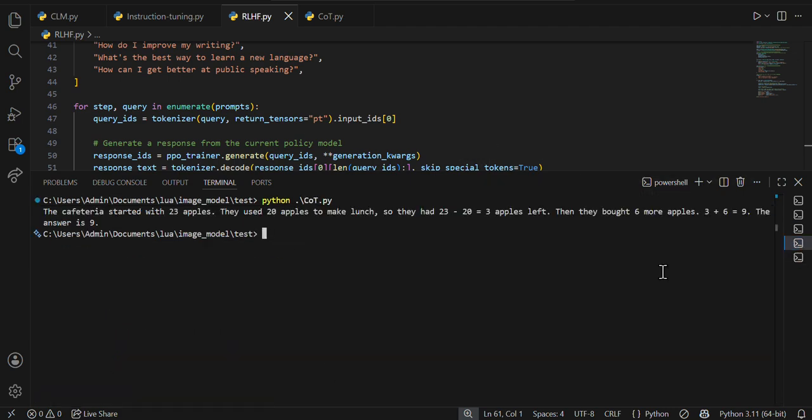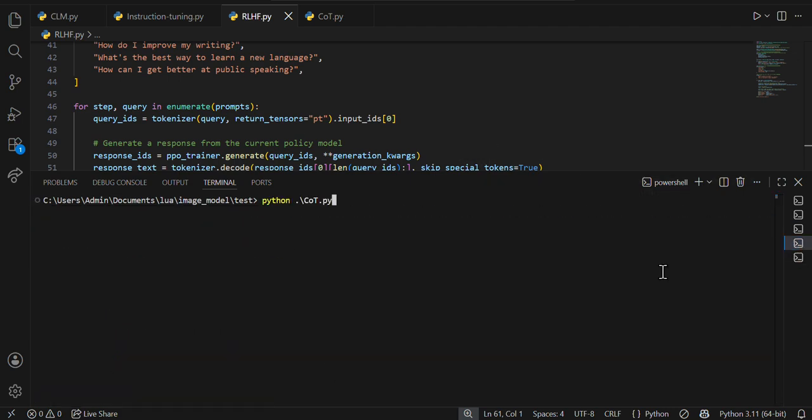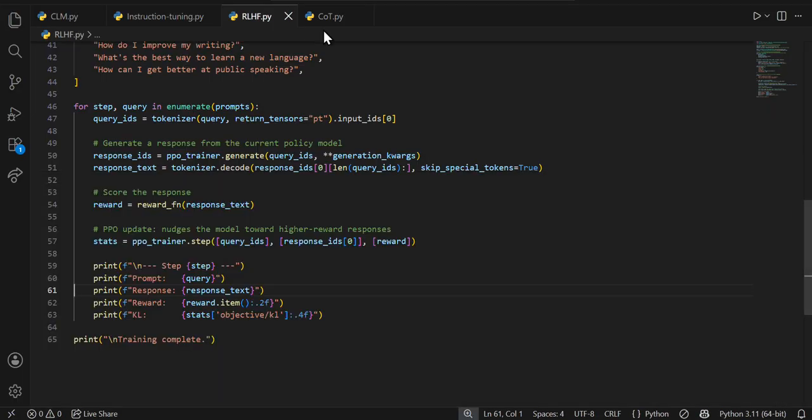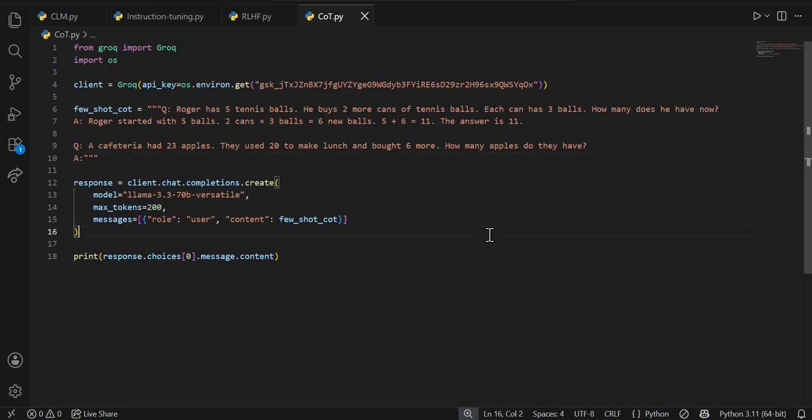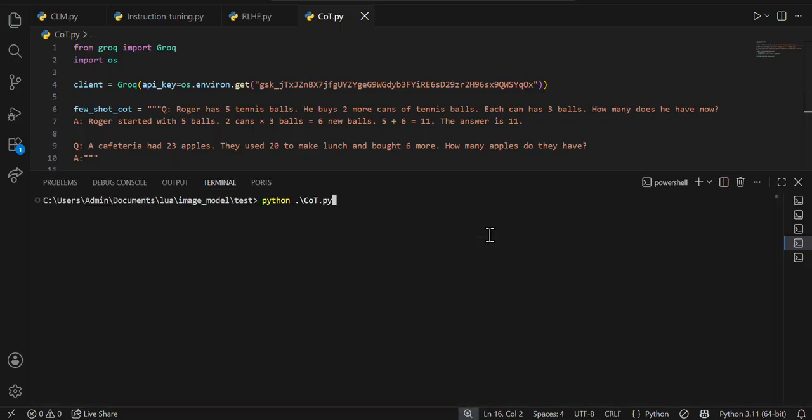And now we have COT, which is chain of thought. So we make the model think and show its thinking process, so that it can be more logical. So it can show how logically the model thinks, helping it to reason more efficiently. So now if I run this,